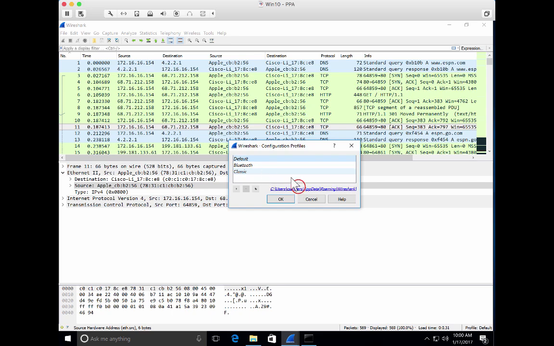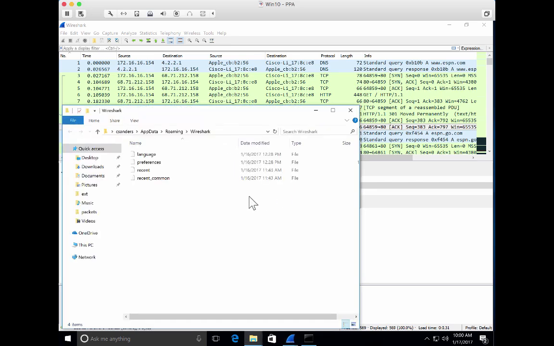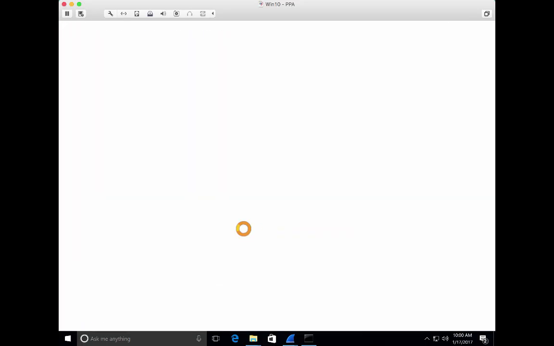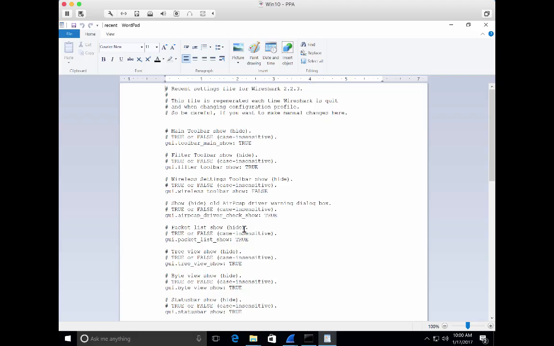Now, the other files we have that are interesting here are this recent file. So I'm going to go ahead and open that up here as well, again in WordPad. What recent does, and you'll see it says it right here, is this file is generated every time Wireshark is quit. So whenever you configure certain settings in an active profile and then close Wireshark, the most recent settings you used are saved to this file. That way, when you open Wireshark back up and open that file to access that profile again, you're going to regenerate those settings. So you're going to be looking at the same thing you left behind, which is a really